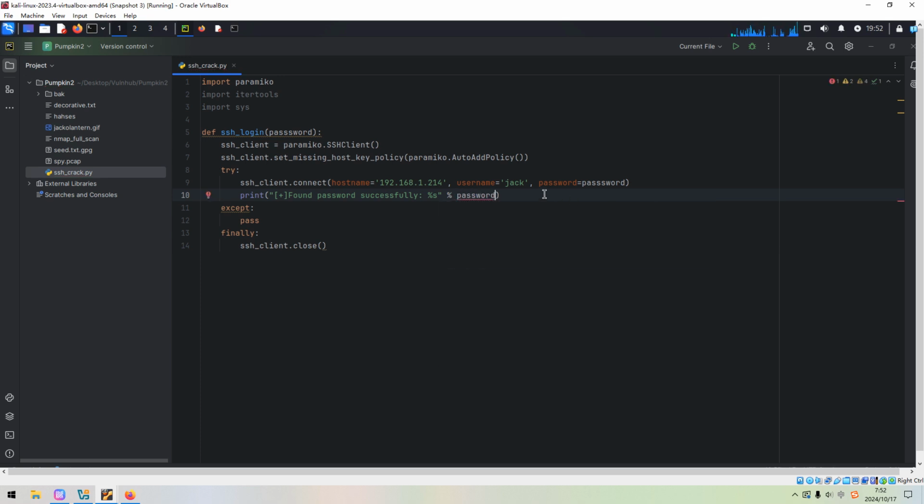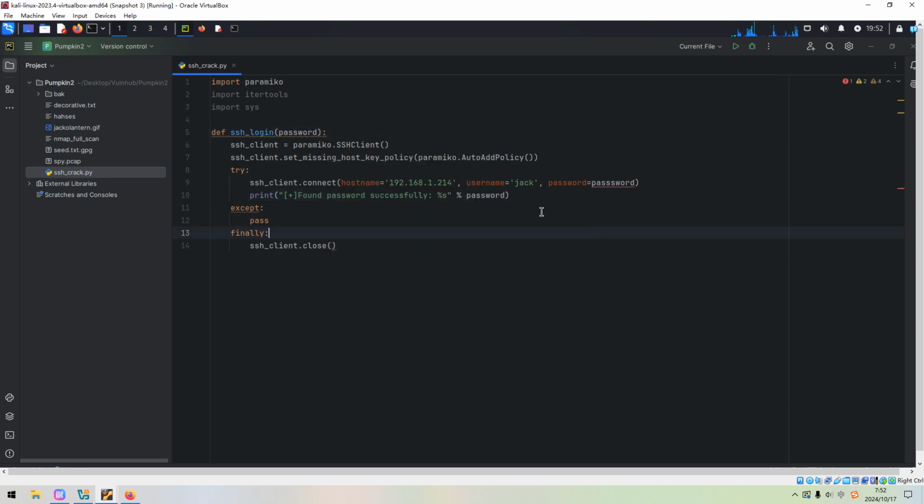Okay, if found, I think we can... why here, password unresolved. Oh, sorry, I misspelled the argument. Okay, this is my bad. And then I think we can exit the program.